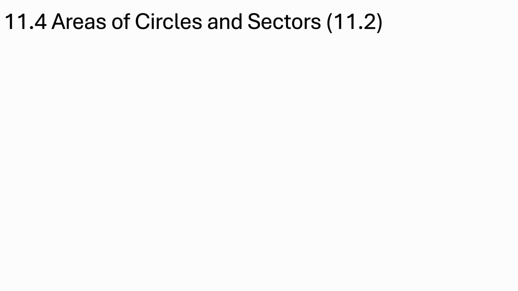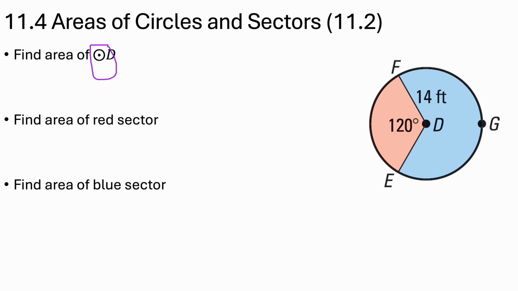Find the area of the circle. This is a circle with a radius. When this kind of shape is given, it means a circle with center D. So what is the area? Very easy. 14 is the diameter. So area is pi r squared, where r is 14. Pi into 144 would be the area. Find the area of the red sector. You will use the same formula I told you earlier and find it. And if you subtract that from the area of the whole circle, then you will get the area of the blue sector.